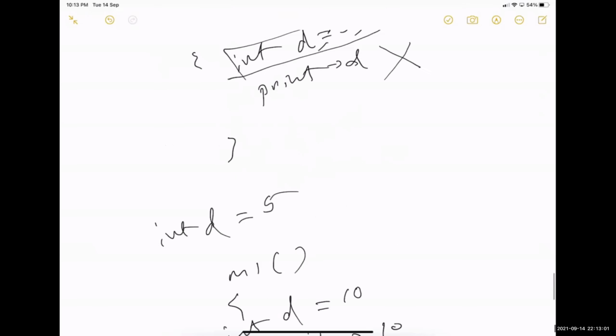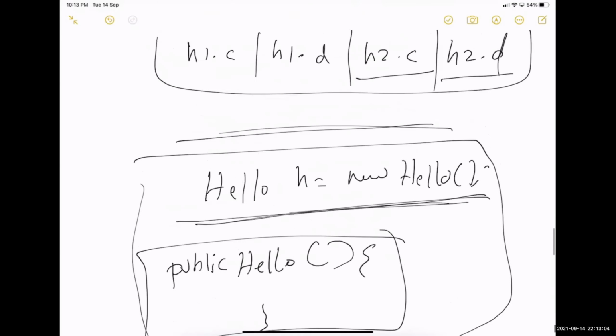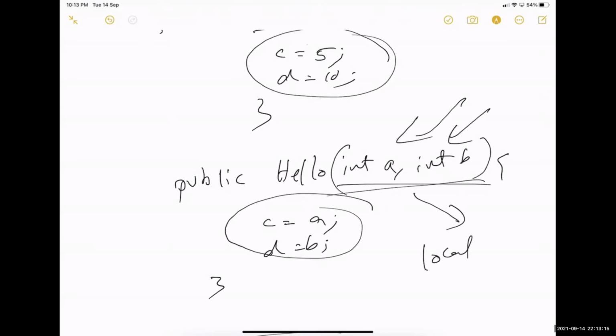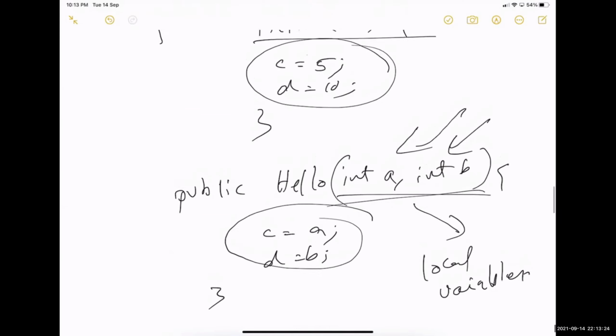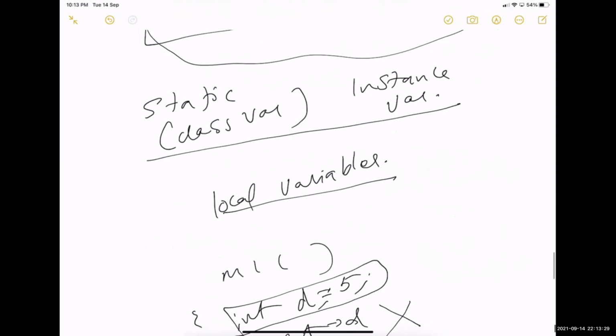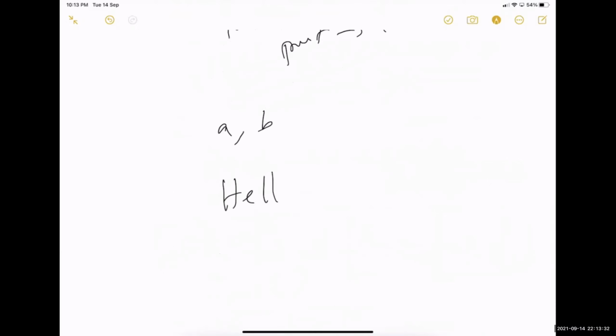And also we saw our constructor, right? The constructor was accepting 2 arguments. So this can be a method also. Whatever arguments are passed like this, they will be considered as local variables. So it is a general practice that if my variables are A and B, my constructor will generally have Hello, and I will say int A, int B. And my instance variables are also A and B, right?